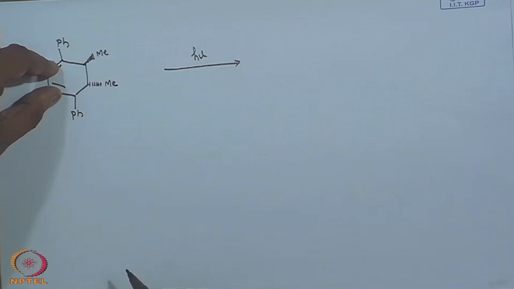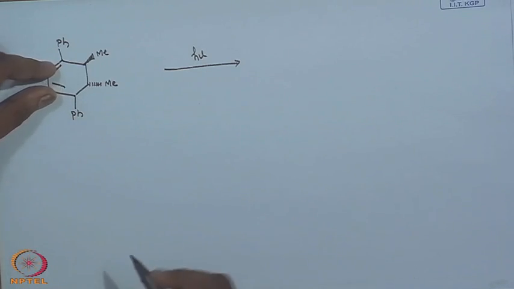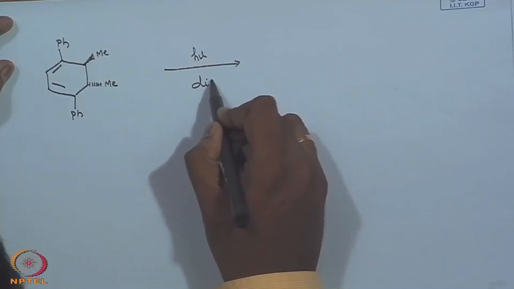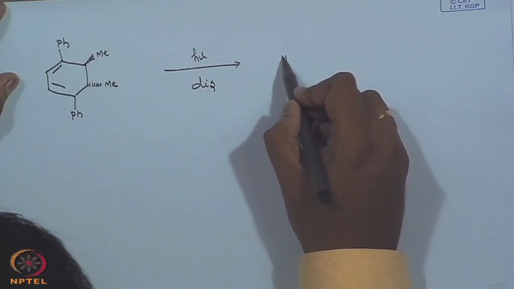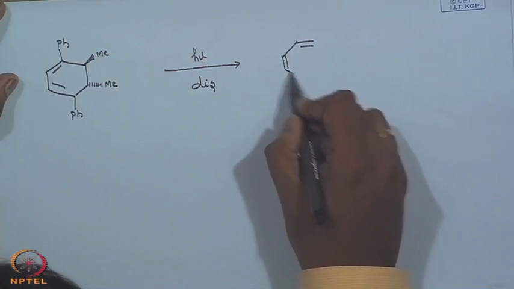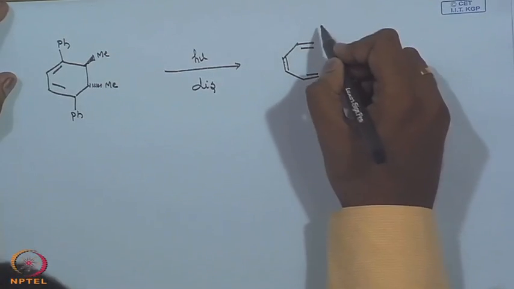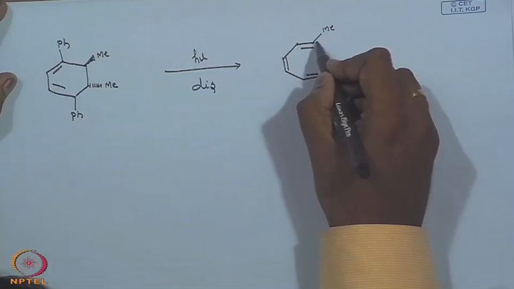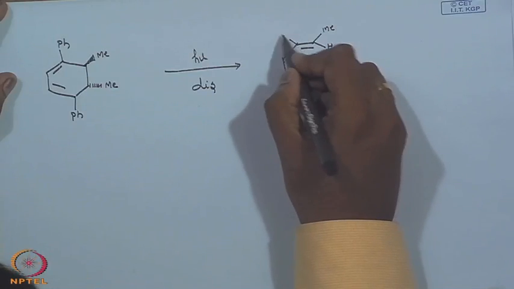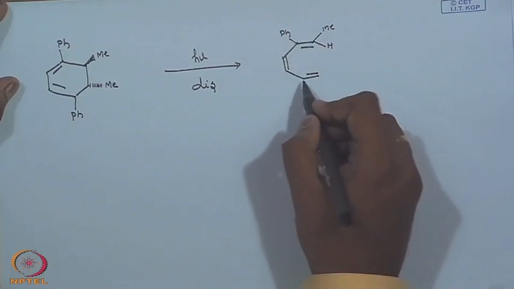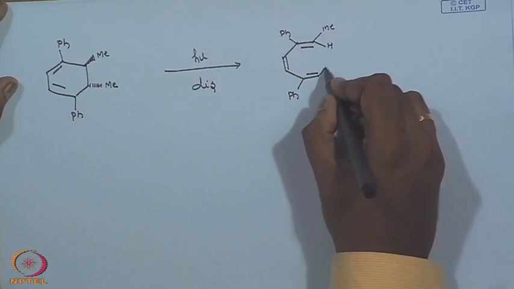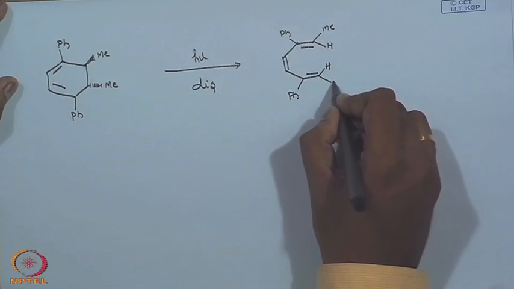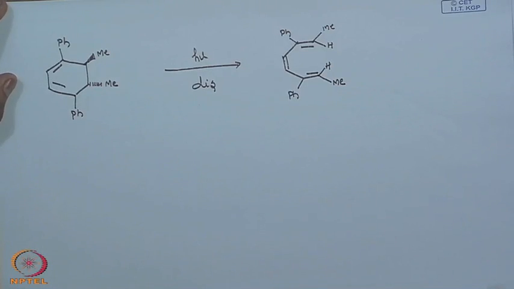Okay. Now what happens, 4 electron on photolysis, what does the rule say for you? Yes, this, you get this. So then, see, that is an easy way of understanding it, and it gets it right most of the time. Phenyl, you have a phenyl here, hydrogen, and you have a methyl, right.